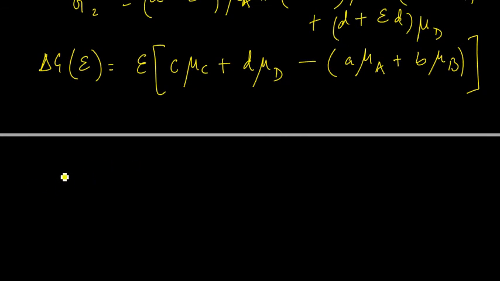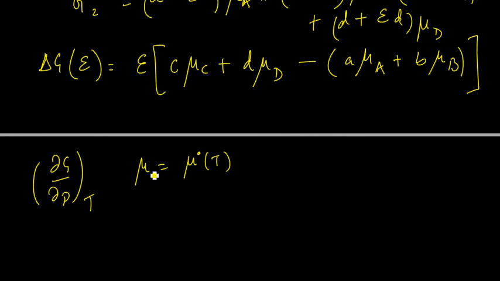Or I mean, I already know this, del G by del P at constant T, right? I know the expression from here that mu is equal to mu naught plus RT log of P, right? From here we had derived this expression, mu at any temperature T. So P by P naught, whatever, right? So I can put this expression over here,